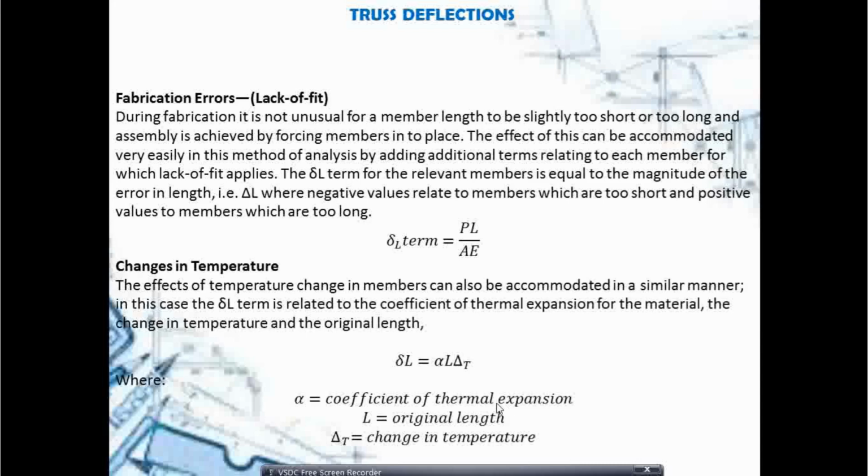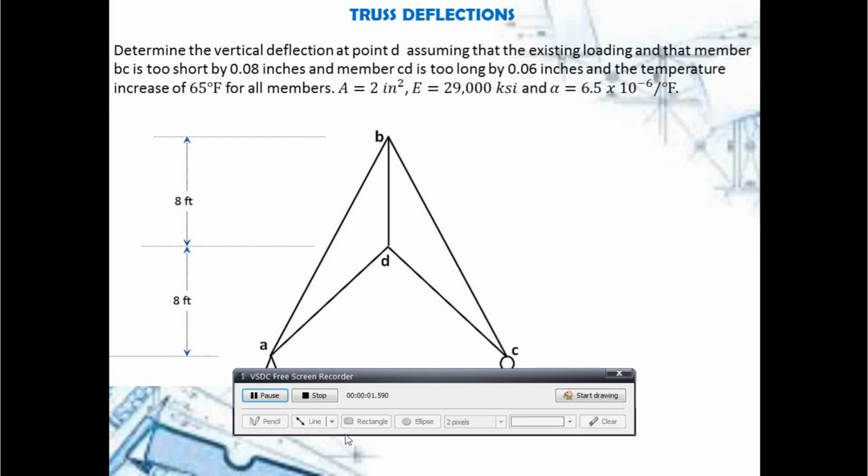Changes in temperature. Steels. Kapag tumaas ang temperature, the steel tends to expand. Kapag bumaba yung temperature, the steel tends to compress. So these are other factors again that contribute to the displacement or deflection of trusses. So how are we going to apply these factors in the deflection of trusses? In illustrative problem number 2,